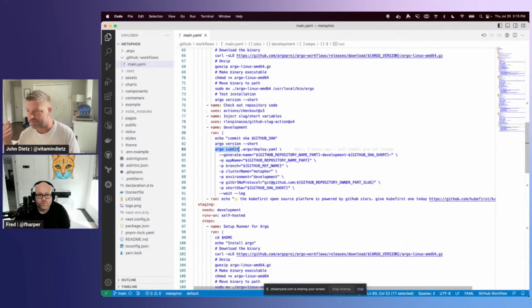Now we have Argo workflows running in this cluster already, and we have these cluster workflow templates or CWFTs that are just functions that are cluster-wide available in your management cluster. And they can execute some common tasks that we've established that we know that you're going to need. We know you're going to need to build a container. We know you're going to need to publish a Helm chart.